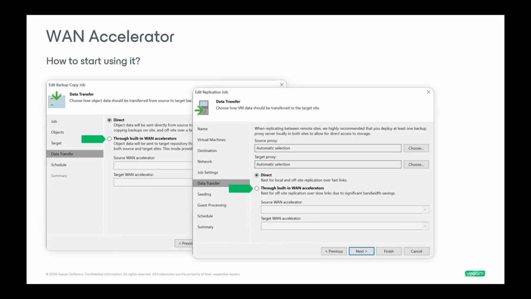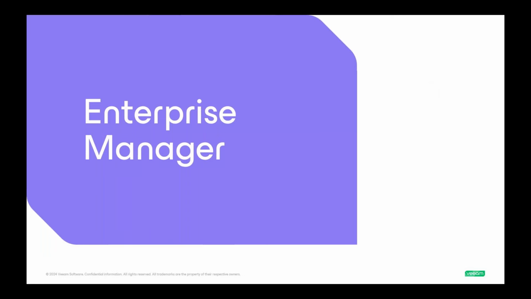We're going to move right into the Enterprise Manager. So Enterprise Manager, it's kind of like a control job operations. I usually describe it as a single pane of glass for monitoring multiple Veeam servers. It has many use cases here, but people will use it for monitoring all those different servers if you have more than one, as well as